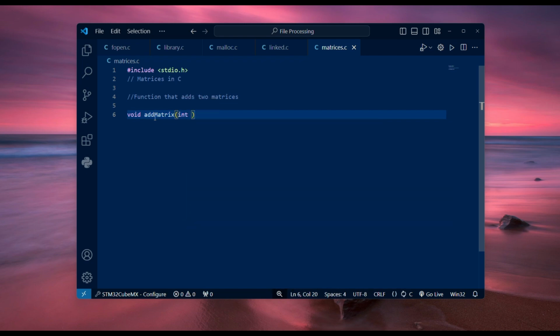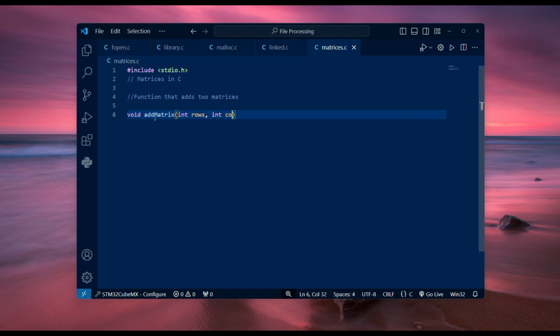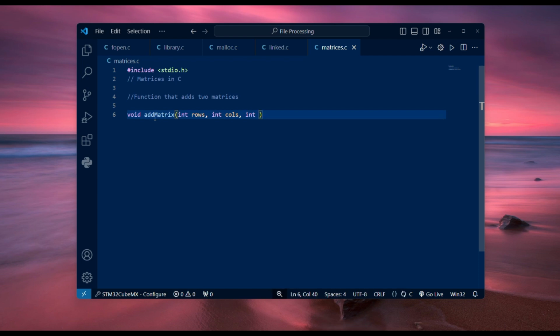So we're going to have int rows, and then we want it to take in the number of columns, so int cols, and then we want it to take in a matrix, an integer array, which is the matrix now. So let's call it matrix 1,